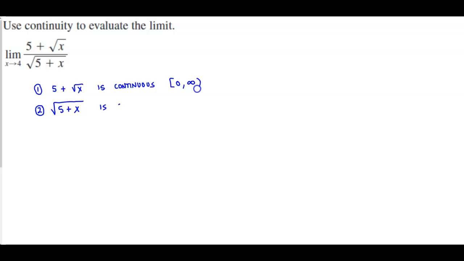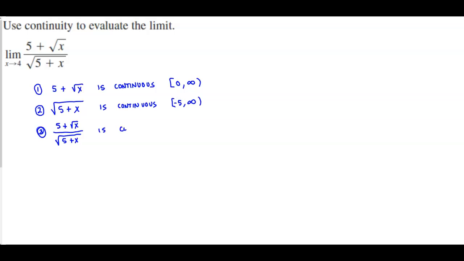And this is continuous on the interval from -5 to infinity. However, now when we look at it as a function of a quotient, which is 5 plus the square root of x over the square root of 5 plus x,